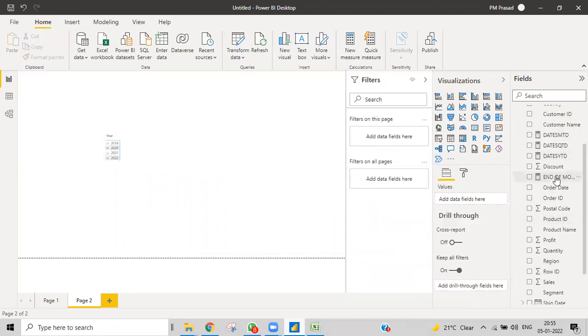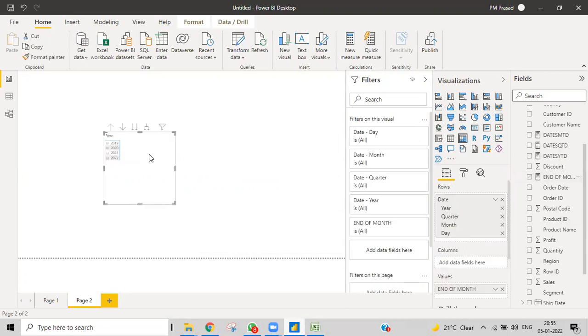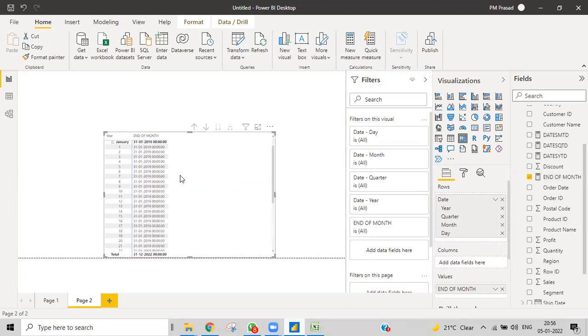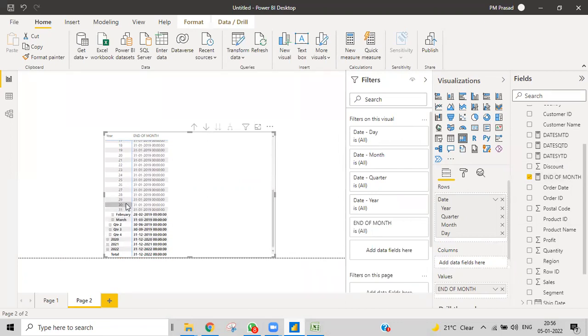Let us suppose that we have end of month. What are we getting right now? You can see for January, for each and every date, you get the same thing. Are you able to see this? For January, for each and every date, you are getting the same end of that particular month.